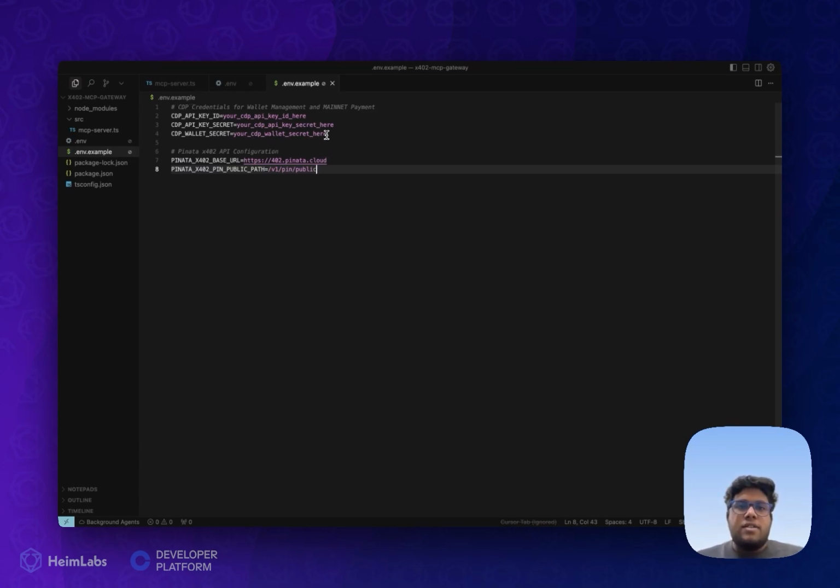So we would require these credentials for initializing the CDP SDK in our MCP server. You can get the CDP API key ID, API key secret, and wallet secret from the Coinbase Developer Platform console. You can just log into the console and get all of the credentials from there. Once you get the credentials, you can use them over here to set up the CDP SDK